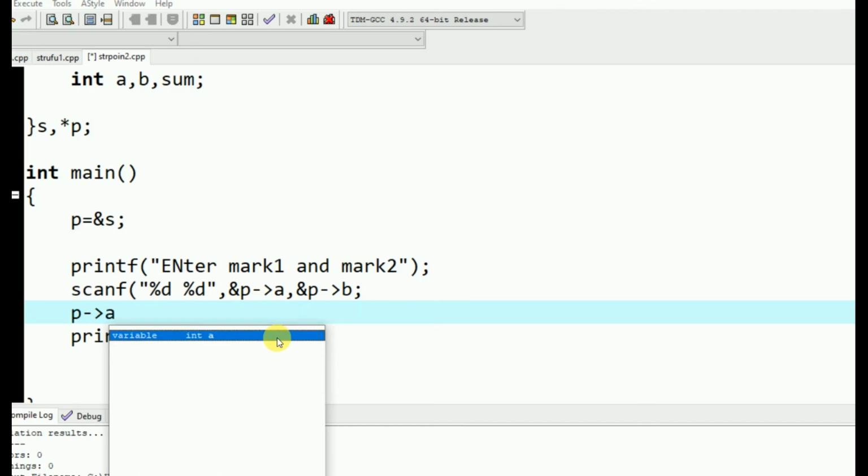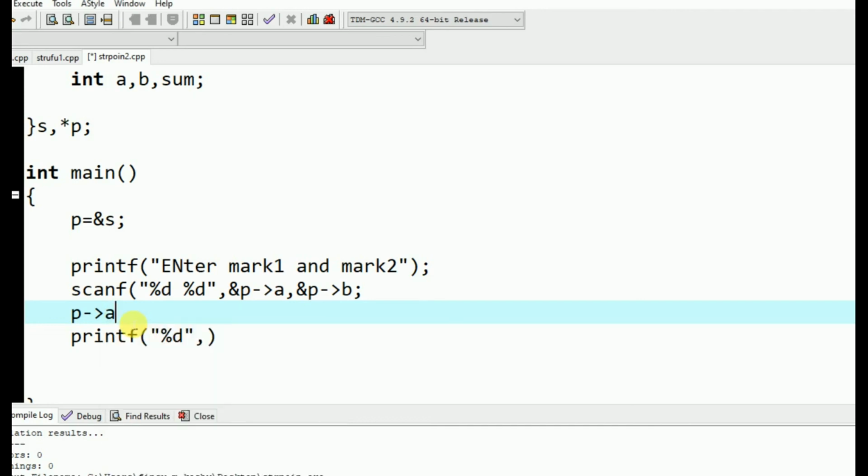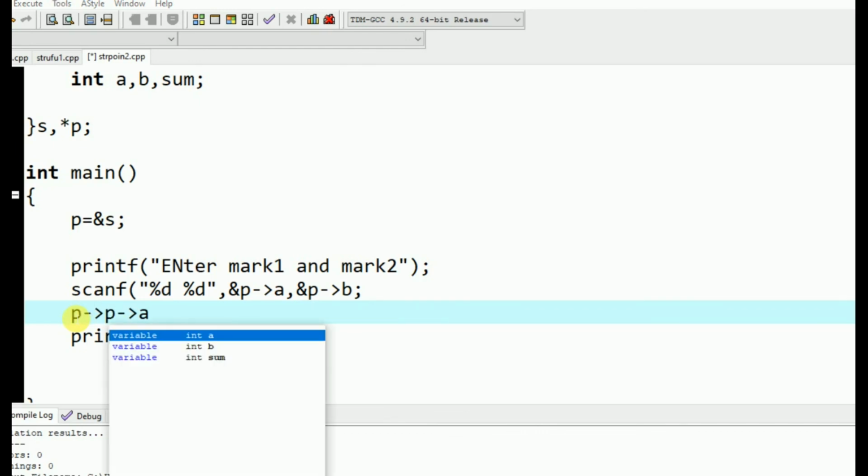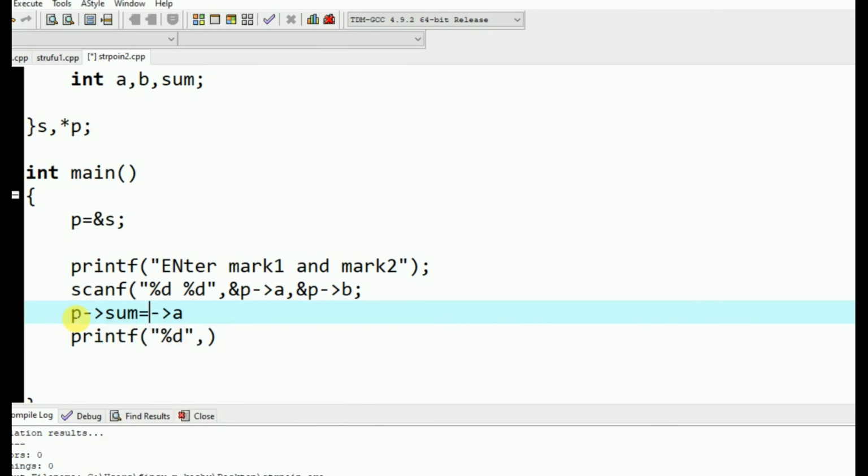Okay, the data inside a, how do I access using the pointer, p arrow a? Earlier I used to access using s.a, right? So whenever you're giving the pointer as the address of this one, you use the arrow operator. So p arrow sum equal to